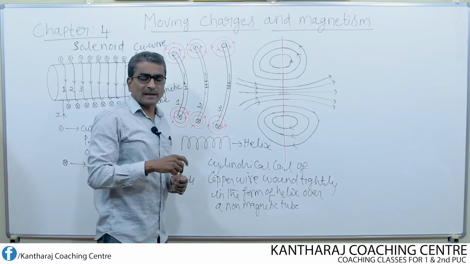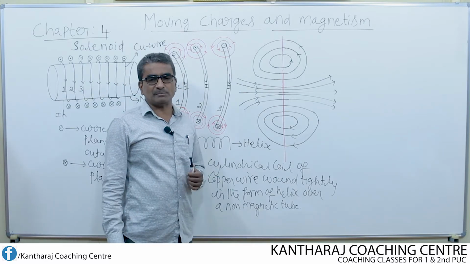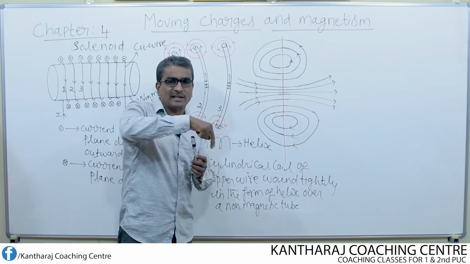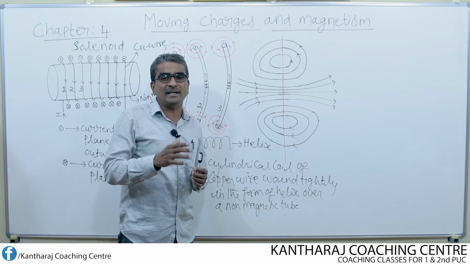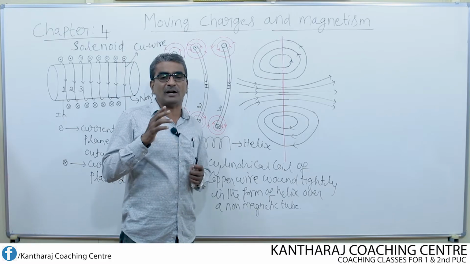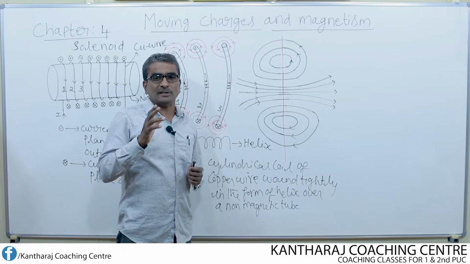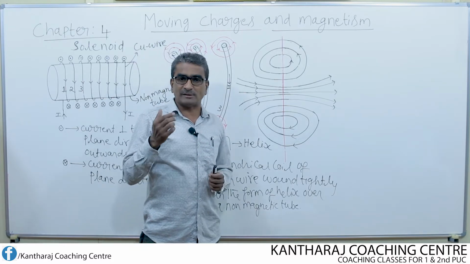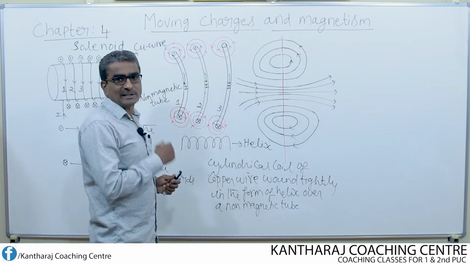And we know that according to Oersted's experiment, whenever current flows through a straight conductor, in the region around the conductor, magnetic field lines will be in the form of concentric circles. So this has been investigated by Oersted himself in his experiment. So that is what I have written here.